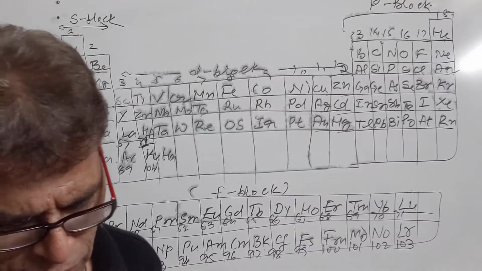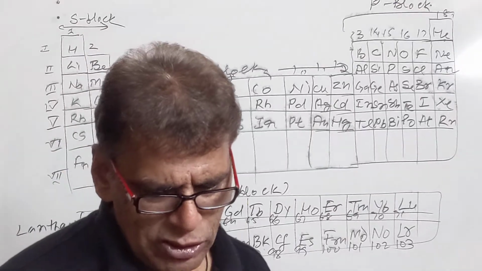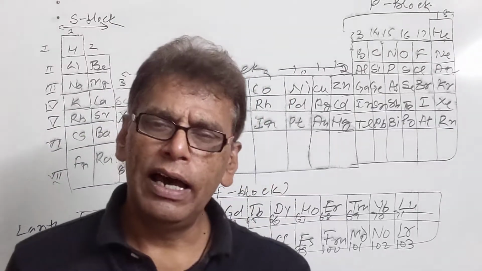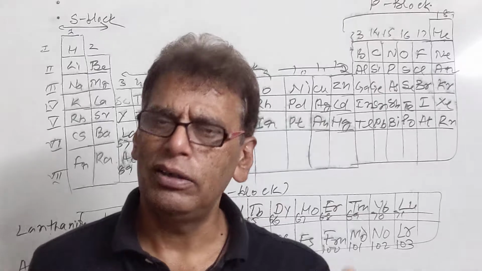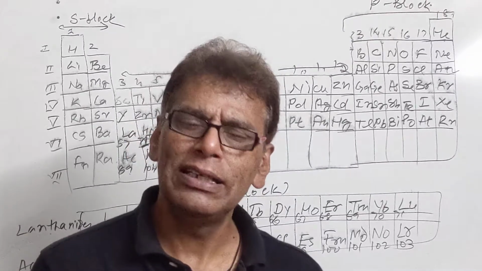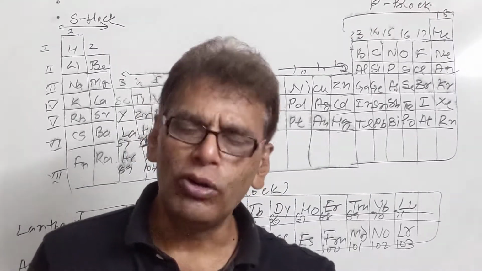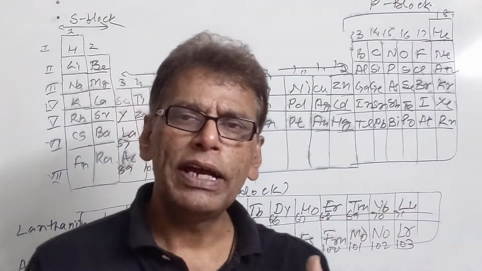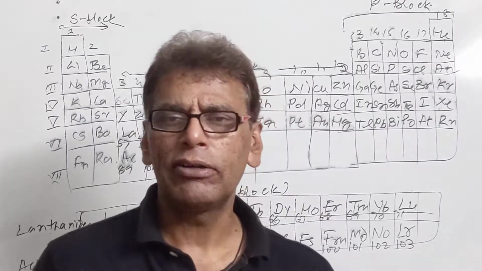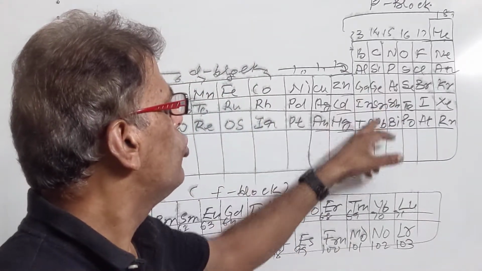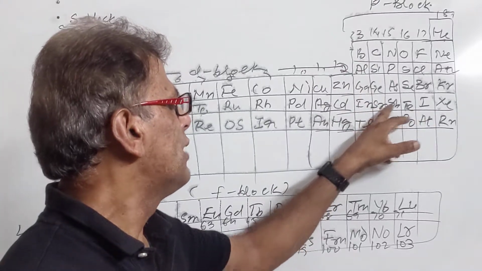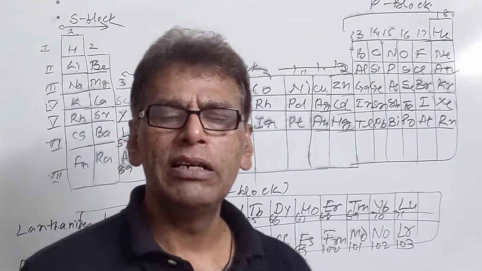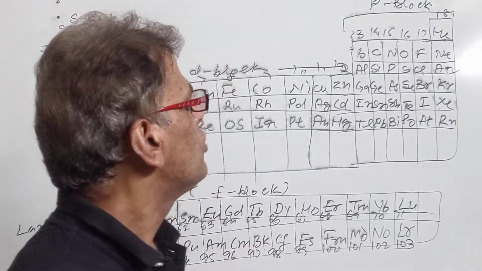The noble gases show 0 valency since they have completely filled valence shells. To determine the valency of an element, we have to count the number of valence electrons. If it is less than 4, then the valency is equal to the number of valence electrons. If it is 4 or more, as in the carbon family, they can exhibit a valency of 4. They can take 4 electrons or share 4 electrons, and the lower elements can lose 4 electrons, giving Sn4+ and Pb4+. But with non-metallic elements, they are not able to show +4 valency.